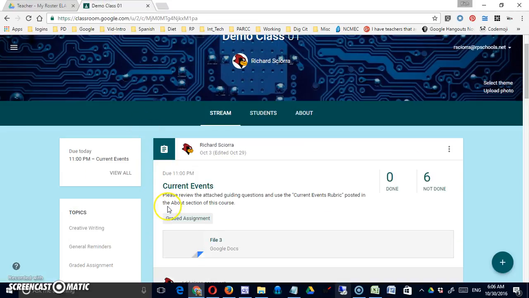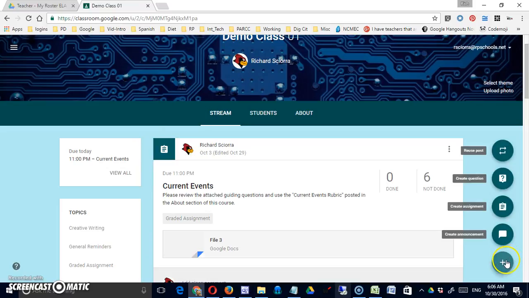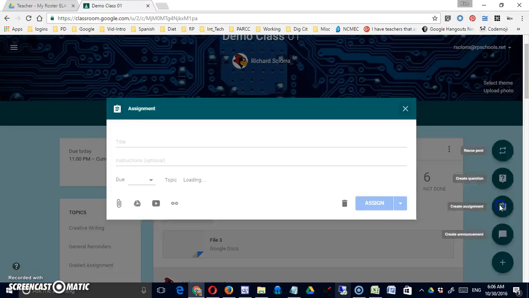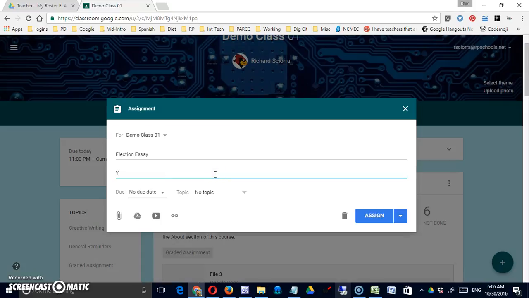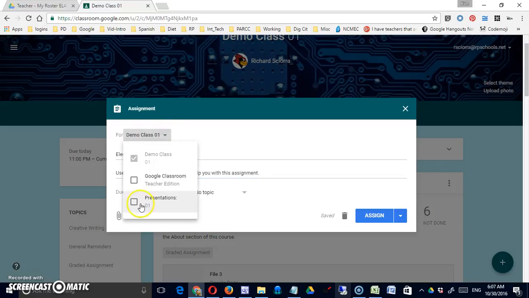And I'm going to go to Google Classroom and I'm going to create a new assignment. I'll just call it election essay and say use our standard writing rubric to help you with this assignment. You know, I can give it a due date and I can do all the normal things that I would do in Google Classroom. I'm going to leave it in this demo class, although